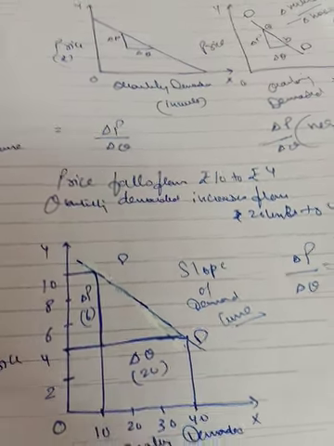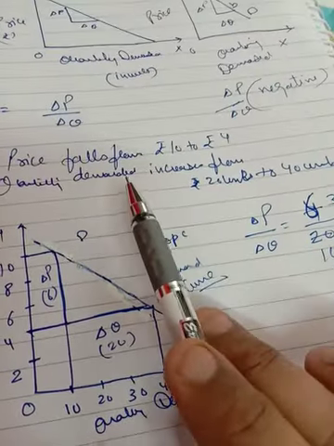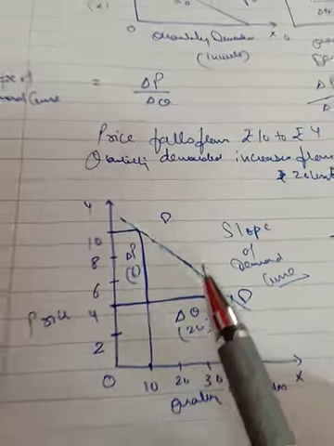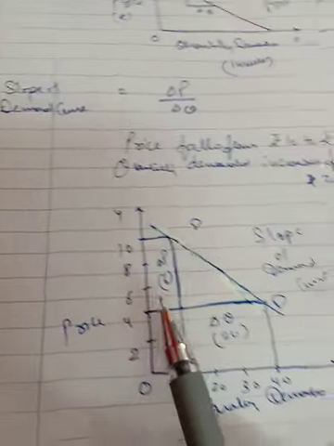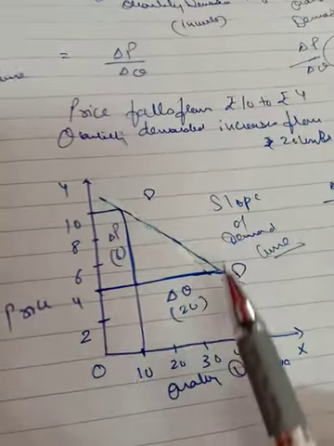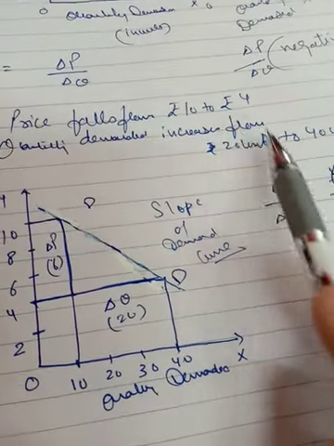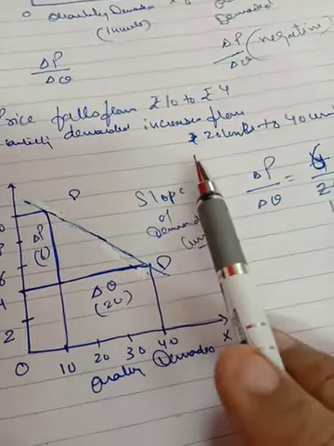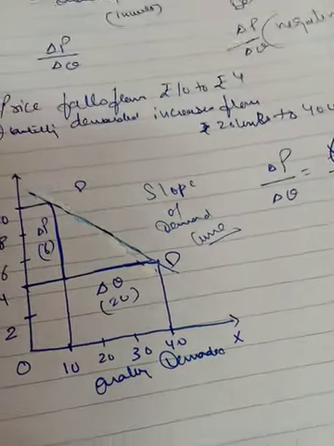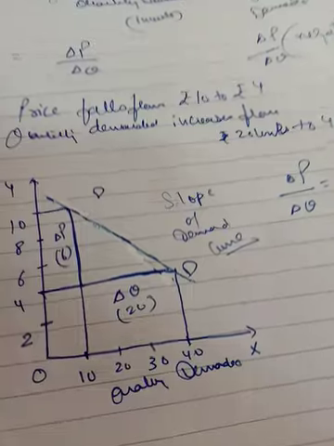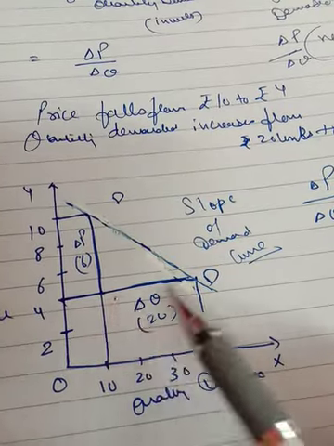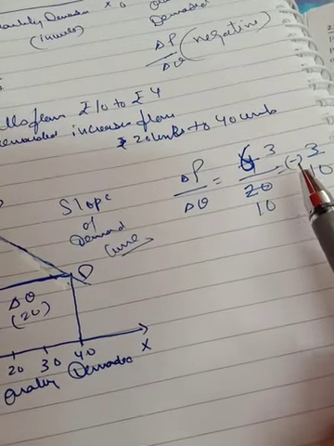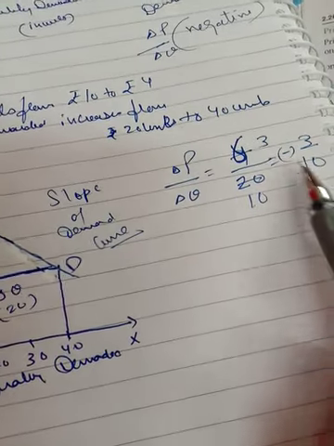So if we continue with this example of a decrease in price and increase in quantity demanded, I have just made the diagram for you, because I didn't mention the table, but by following the table I made the diagram. Pointing out this particular feature, there is a decrease in price by 6 and an increase in quantity demanded by 20. So now I have to calculate the slope of demand curve here. Change in price is 6 rupees, and change in quantity is 20, and by dividing I get the slope of demand curve as 3 by 10, which is negative.